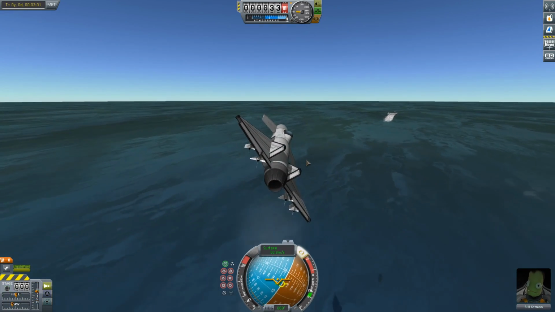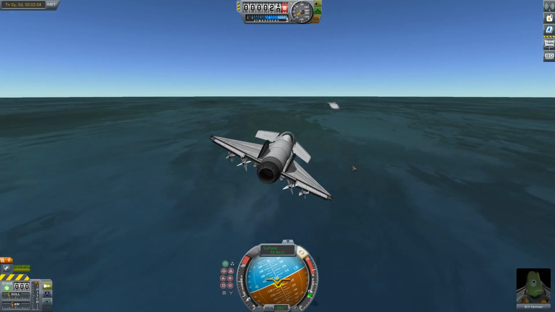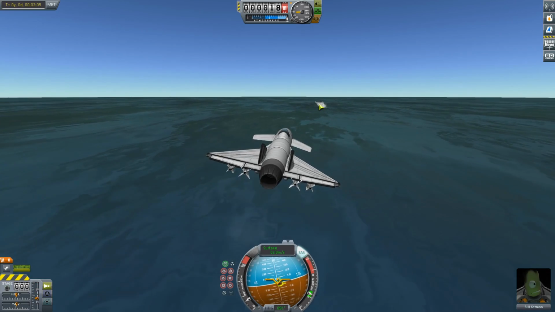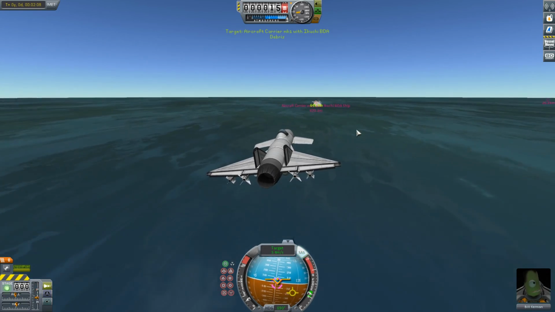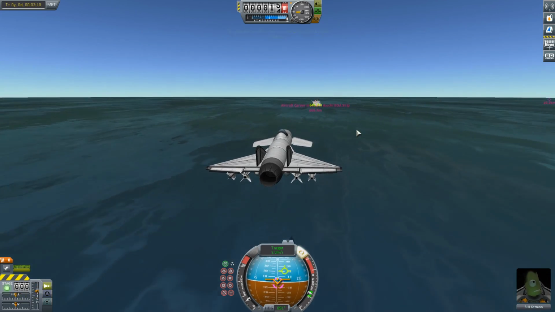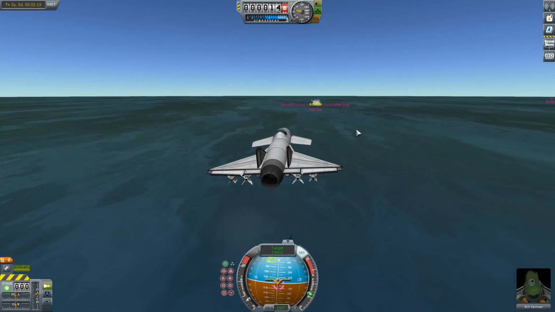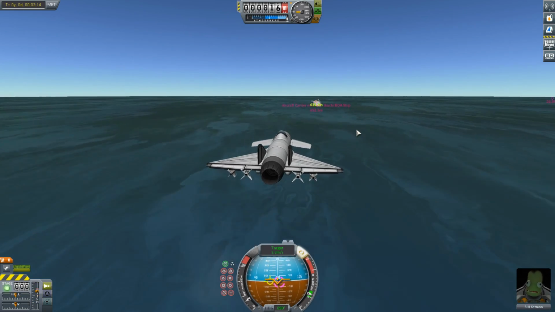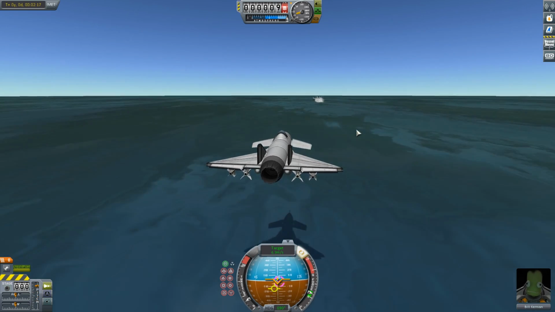Alright, like I said, we're gonna put it up to like a third throttle. Now see, the thing is, that carrier should only be, actually, let's see if we can target it. Oh, come on. Target the vessel. There we go. So you can see we're moving with a relative speed of only 3 meters per second. Okay, we're going a little faster than that now, but you can see that with that relative speed,